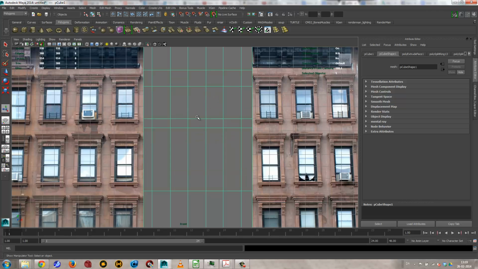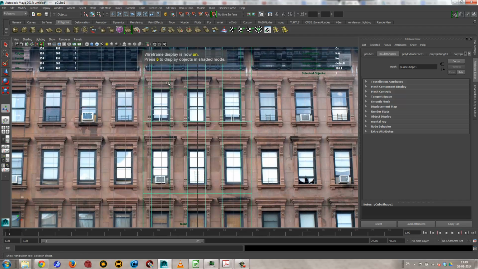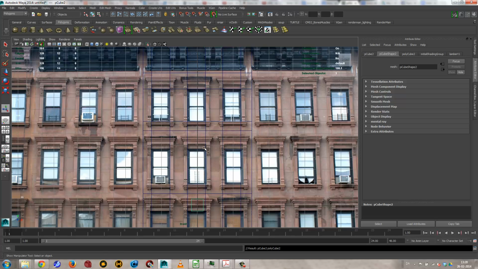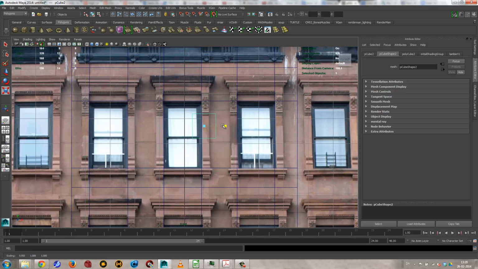So I'll just go back to front view here, and then I need to create something like this around the window, and I'll actually create this as a separate piece of geometry. So for this I'll create yet another cube. Let's move this up here, just put it around there, and just scale this in like so, and then oops, change the height of this, maybe make it something like this perhaps,